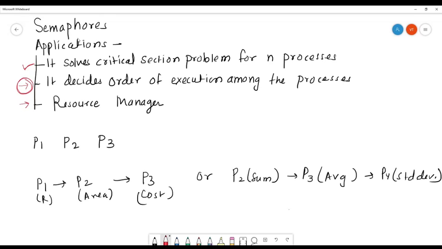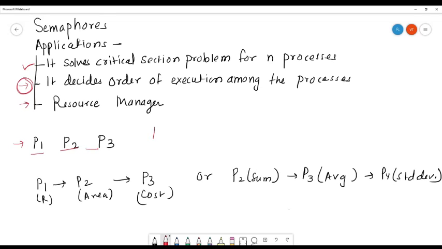So for example, if there are multiple processes like P1, P2, P3. Till now we have studied that the operating system can give a chance to any of the processes to start executing first. This is okay if all the processes are independent. Suppose the processes are dependent.